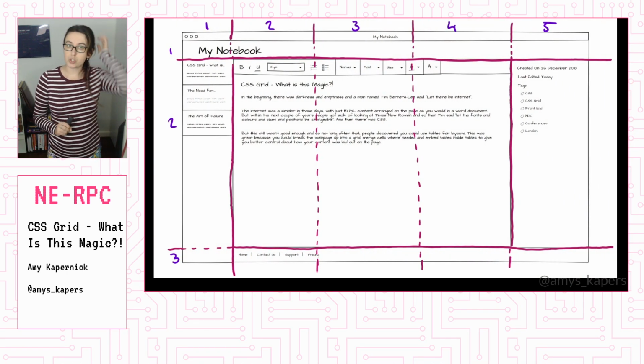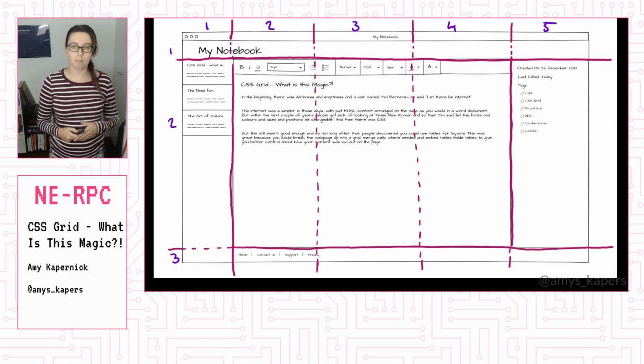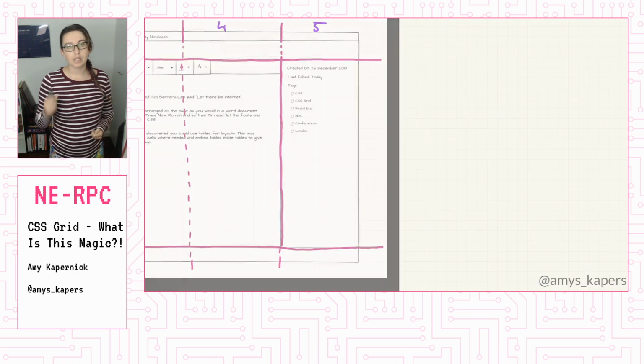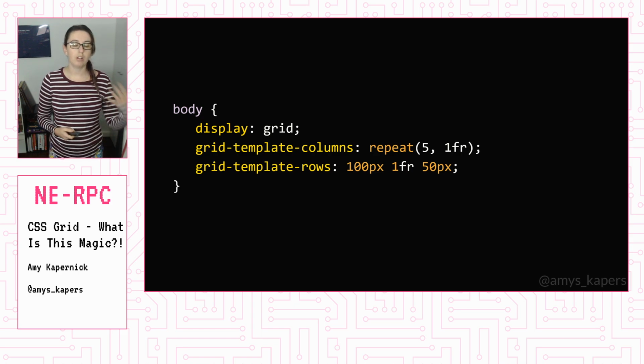Next, I want to have a look at the rows of my layout. So again, we've split this up into 3 rows with a fixed height header, fixed height footer, and I want the content area in the middle to take up all remaining space. And this is really easy to do because I can set grid template rows. I can set 100 pixels for the header, 50 pixels for the footer, and I can use the FR unit to allocate the remaining space in the layout for content,